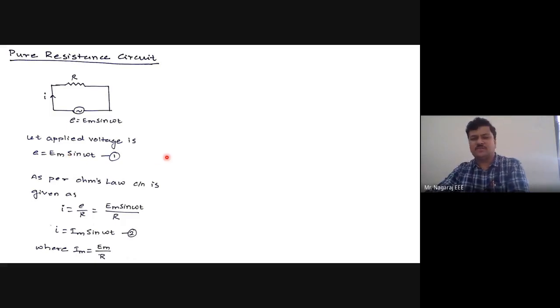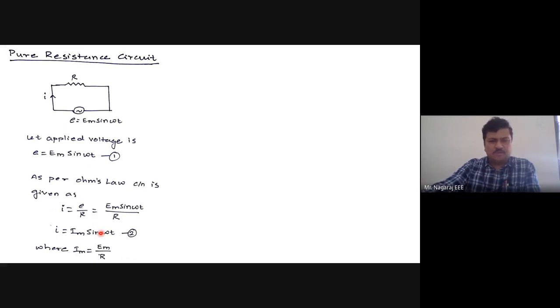In phase quantities, what is phase? You have already defined what phase is. Phase is nothing but the angle through which the rotating vector representing the alternating quantity rotates from the reference axis. Now I have taken voltage as the reference axis. The reference axis is always the positive x-axis. So I consider that if I represent this voltage by a vector, that vector will lie on the positive x-axis, directed towards the positive x direction.